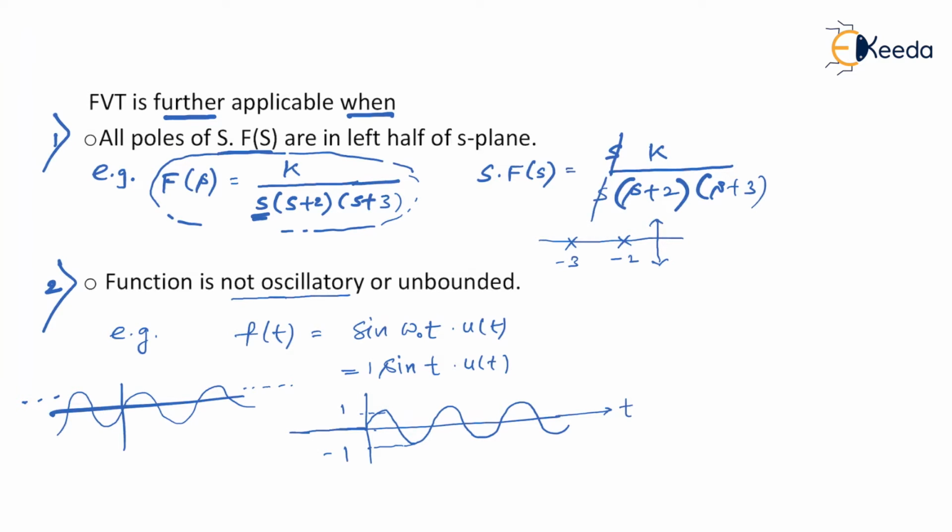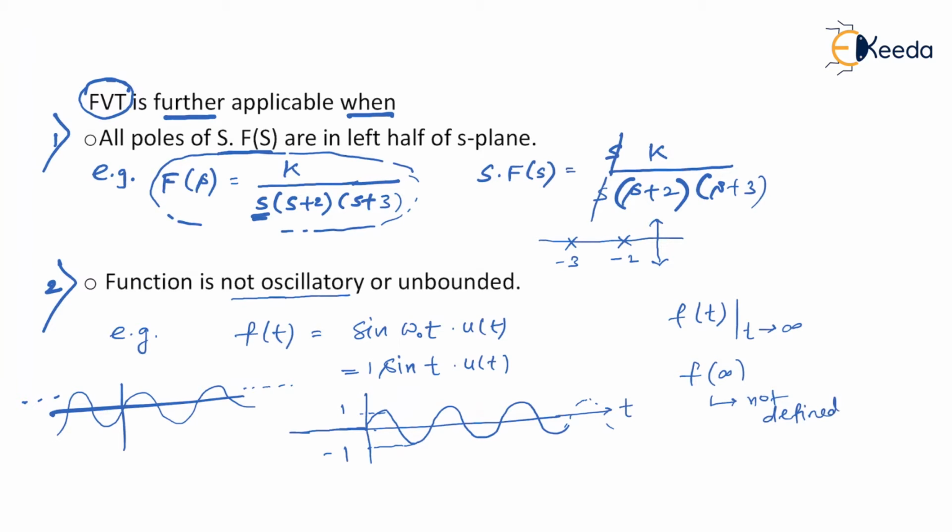Now the question is, what are we interested in for the final value theorem? You are interested in f(t) at t tends to infinity. So what you want is f(infinity). Now look at this signal. This is something which is not constant, which keeps on oscillating between +1 and -1. So can you tell me exactly the value of f(t) when t approaches infinity? The answer is no. You cannot tell me because it keeps on oscillating. You never know. In fact, when t tends to infinity, f(t) must still be oscillating. And when it is oscillating, exactly at what point it would be, no one can tell you. So f(infinity) in this case is not defined.